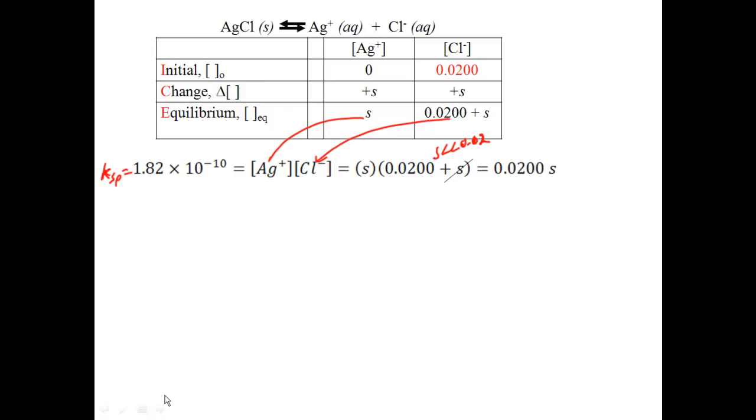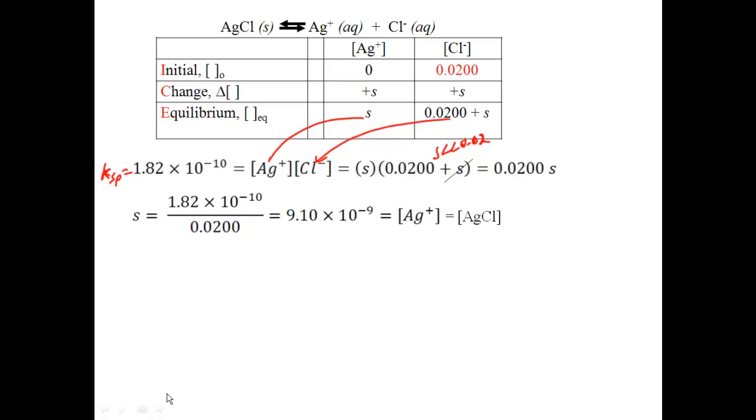And to now continue on my math, I got 1.82 times 10 to the minus 10th divided by 0.02, which is 9.10 times 10 to the negative 9th. That tells me the molarity of my silver chloride, my molar solubility, as well as my concentration of my silver ion, which is what I want in this particular case. So now I have that value that I can plug into my